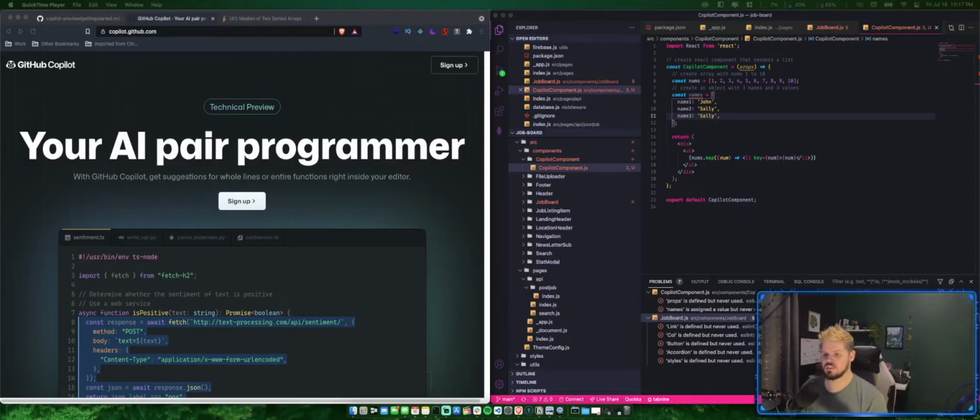And just to clarify, this is just my own opinion as far as what I think of it as a tool. I think that this is a pretty interesting piece of software. It's a very interesting tool, but that's exactly what I think it is. I think it's a tool. I do not at this point in time think that this poses any kind of threat to the jobs or